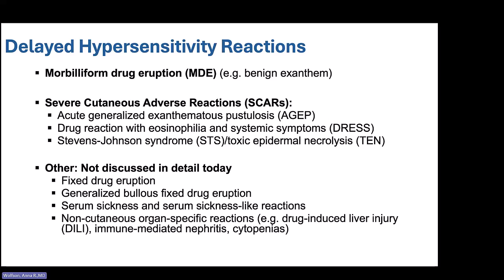This includes acute generalized exanthematous pustulosis, which is AGEP, drug reaction with eosinophilia and systemic symptoms, which is DRESS, Stevens-Johnson's, and TEN. There are other examples of delayed hypersensitivity reactions, such as fixed drug eruption, generalized bullous fixed drug eruption,